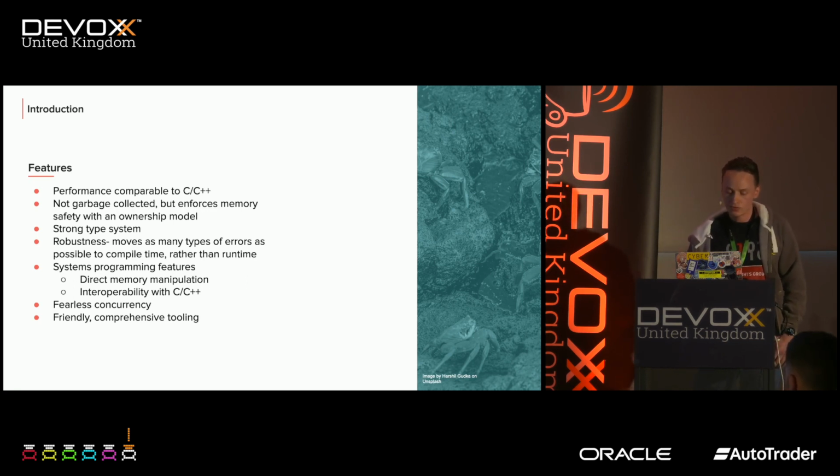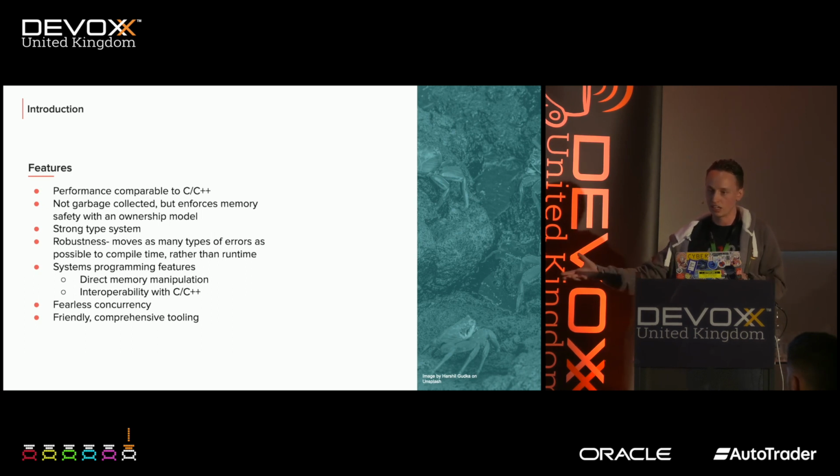It also has really friendly, comprehensive tooling. In a lot of languages, you get the programming language up front, someone develops a programming language, and then somewhere down the line, someone else will come up with a package manager and kind of bodge it on the side of a language. With Rust, because it came along a bit later and has the opportunity to learn from other languages, all this stuff is built in, first-party package management, tooling, everything built by the same group of people.